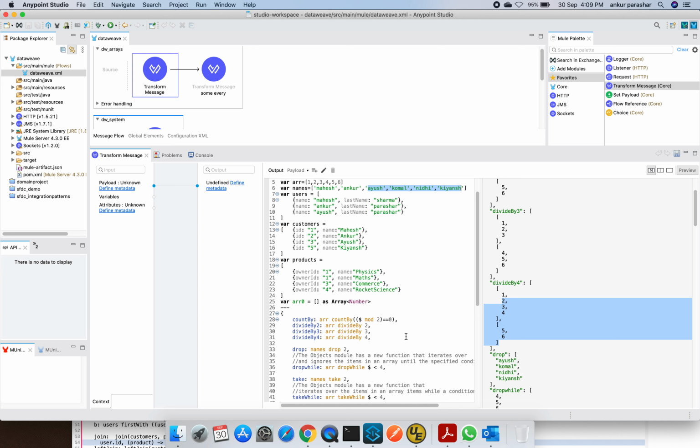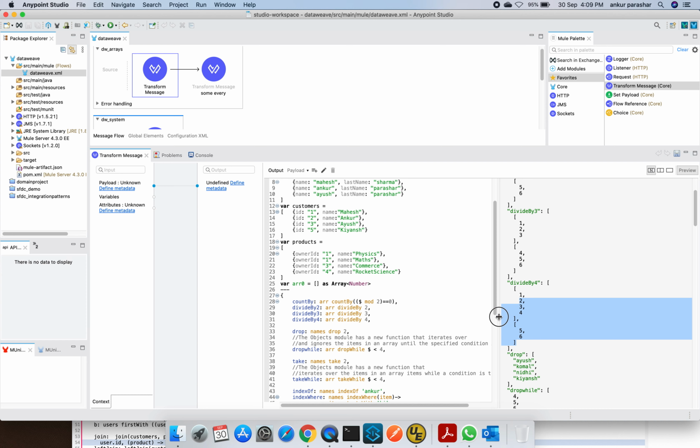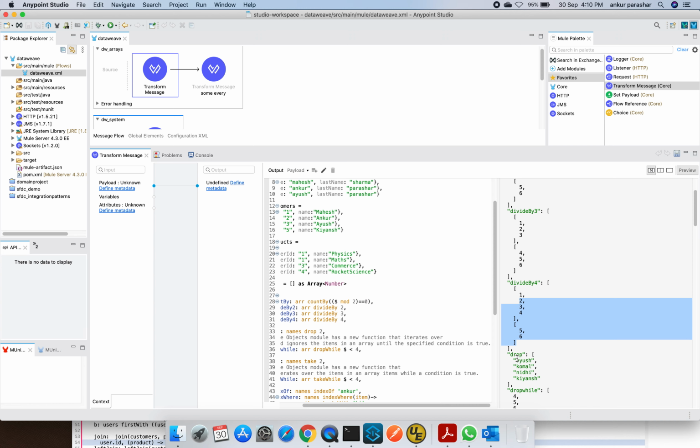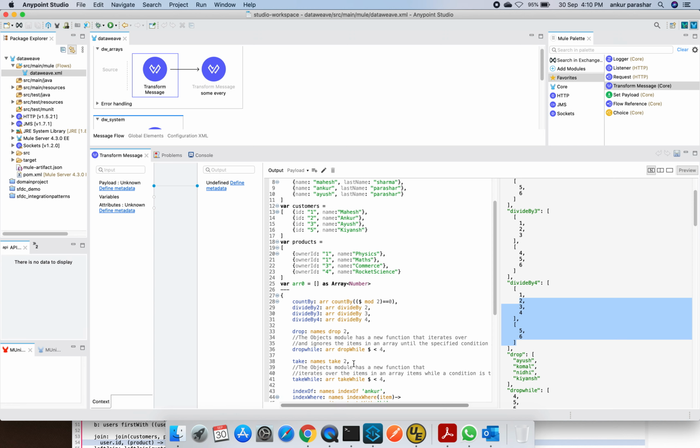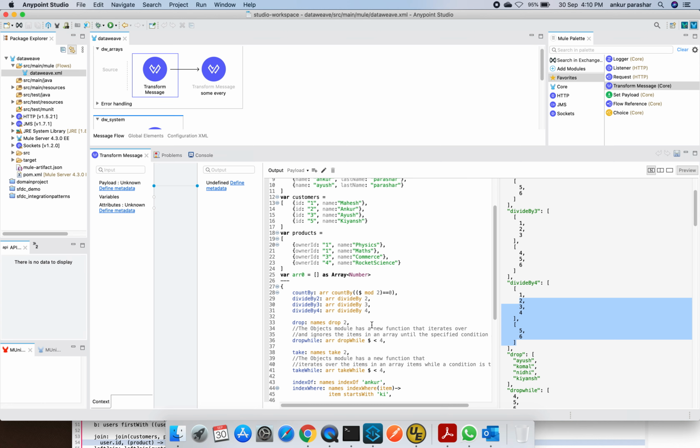Okay, the next one is dropWhile. I have given a very brief documentation on top of it. The Arrays module has a function that iterates over and ignores the items in an array until the specified condition is fulfilled. I am using ARR again, which has 1 to 6 as numbers.